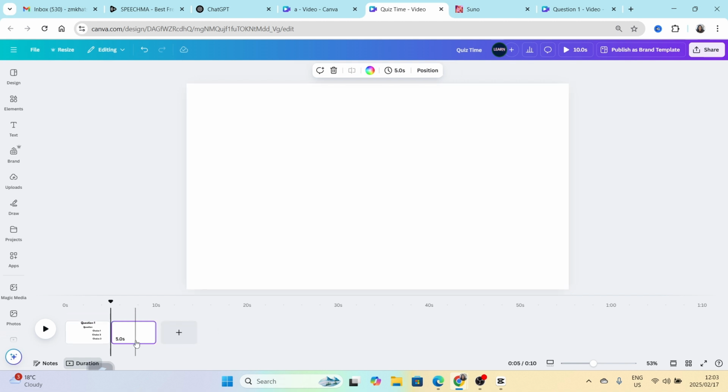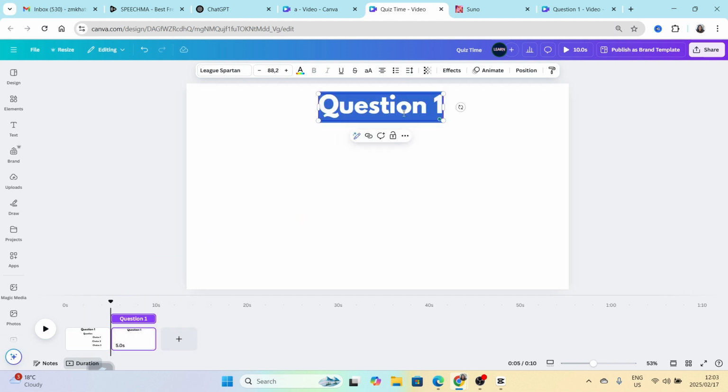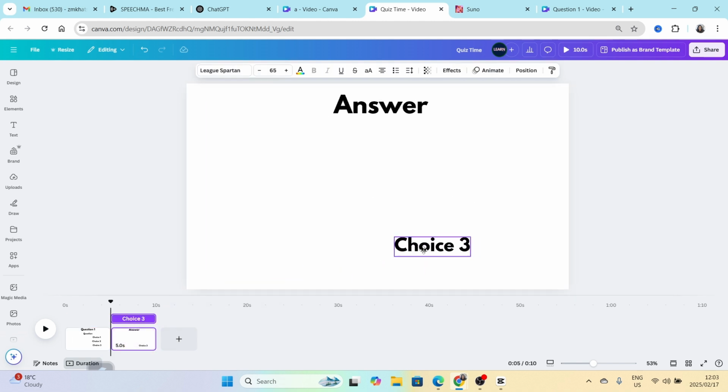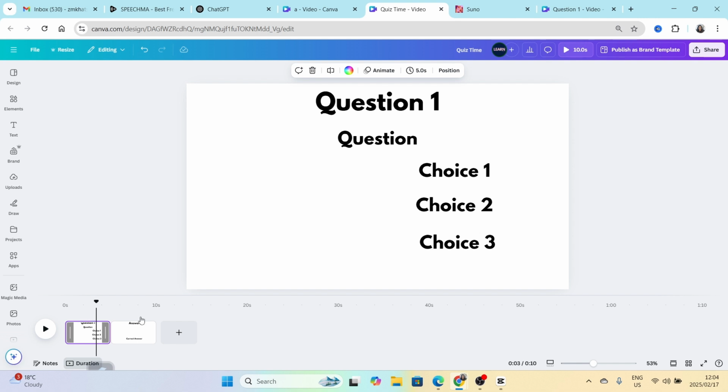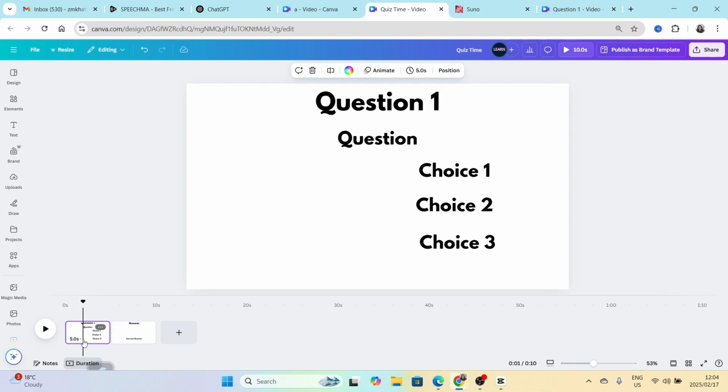We want to have another page that has the answer. So we're going to duplicate this text box and replace it with answer. And we can duplicate this text box and add correct answer. Now that you've created your question page and your correct answer page, now you need to link it